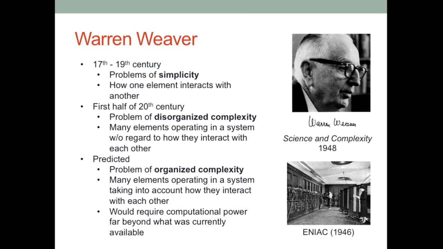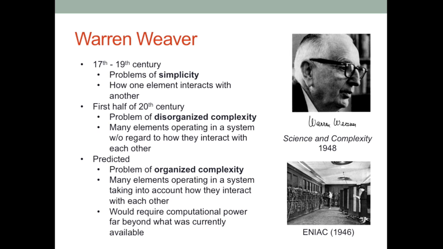And as you know, as soon as you start adding more and more elements in that system, Newtonian mechanics kind of breaks down and it becomes very unwieldy. So he saw that, being a scientist in the first half of the 20th century, and he saw what was happening with a lot of the newer modeling that was going on, and he titled that a problem of disorganized complexity, where now the mathematics and the physics is dealing with systems, understanding systems. But it's doing that not from the element interaction up, it's doing it from the outside in, kind of more statistical modeling. And then he stopped there and said, okay, well, what opportunities or what breakthroughs could happen next?